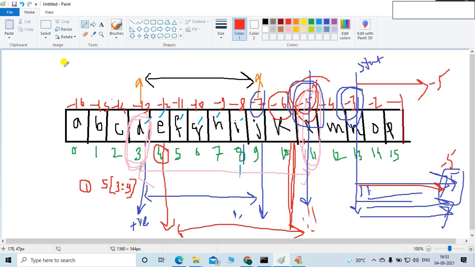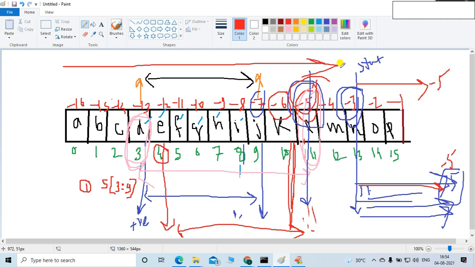Which is the forward direction? This one is the forward direction. I am repeating again: in this forward direction, if the N minus 1 location is not found, the result will be null. That is very simple to understand, right, friends?